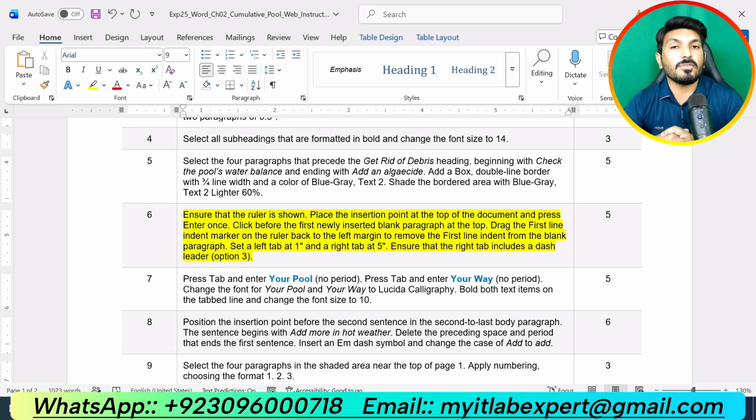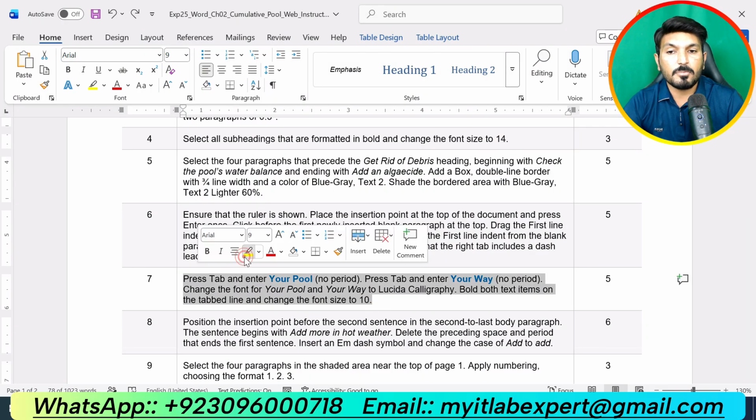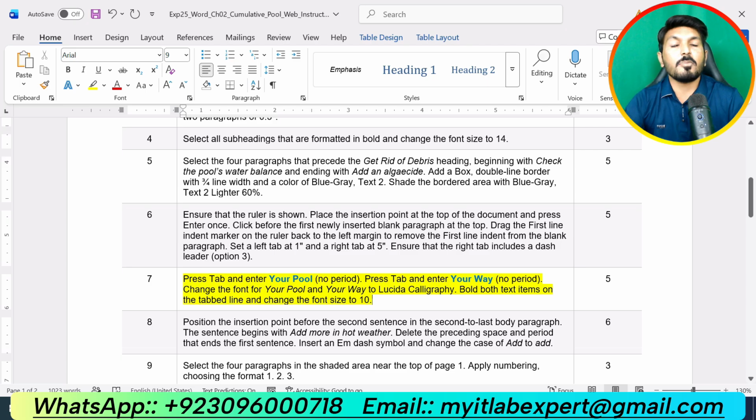So we have solved 6 steps, and now we're going to do the next step of the assignment, that is step number 7. And step number 7 of the assignment is saying: press tab and enter your pool. Again we will press tab and we will enter your way. Change the font for your pool and your way to Lucida Calligraphy. Bold both text items on the tabbed line